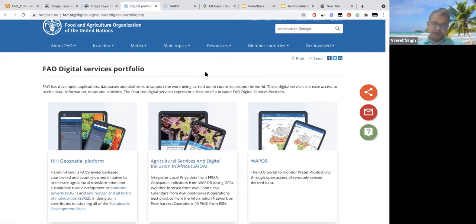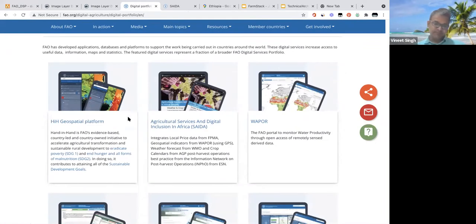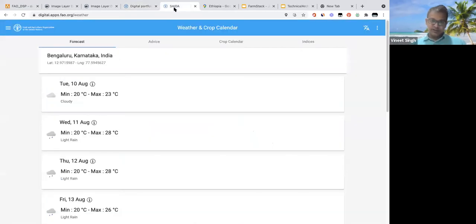FAO has a bunch of initiatives where they offer different services that can be integrated, and they're publicly available. What they want to do is internally connect all these initiatives as well as enhance them. One such initiative is SADA, which, if I go to this particular link,